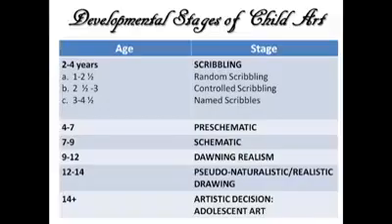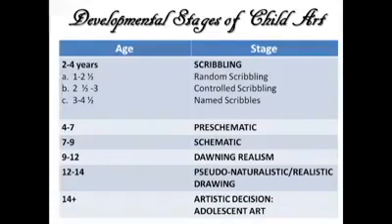We have here a table of developmental stages of child art based on Kellogg 1967 and Lowenfeld and Brittain 1987. Age, stage, characteristics. Under the age of 2 to 4 years, we have the scribbling stage. And under those years, we have 1 to 2.5 years, wherein we have the random scribbling. It has the characteristic of random lines made using the whole arm, tool held with whole hand. Lines may extend beyond paper.